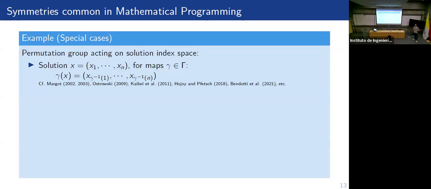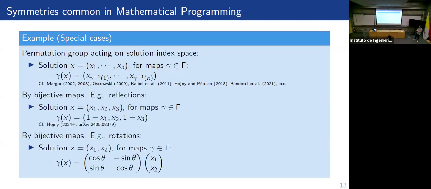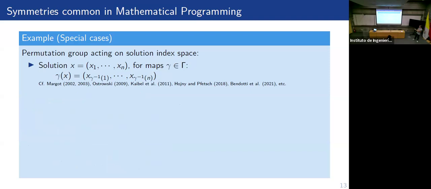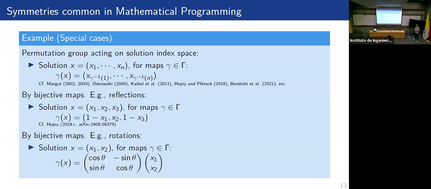So now we take a step back to the literature. In the literature, they did commonly not consider symmetry groups that are this generic. Very often they consider this type of symmetries where we have a solution vector and we apply a permutation of the index space of the solution vector, which basically means that we take a vector, we flip some entries apart. Various authors have studied this type of symmetries, and also there has been some work on reflection symmetries. For instance, Christoph has recently posted a paper on the archive that deals with reflection symmetries. And you can also think of rotational symmetries and many more types.